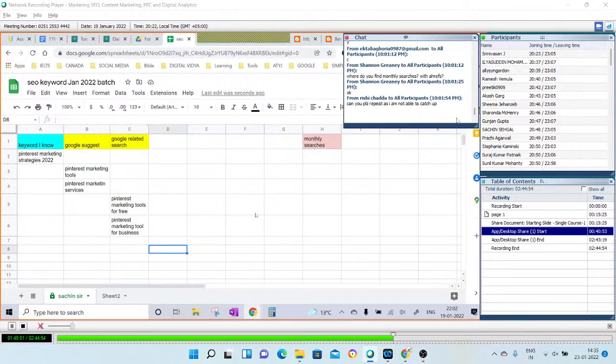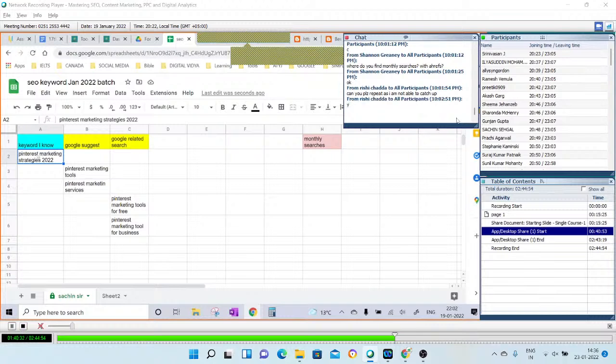What you have to do here, or what as an SEO you generally do: you have an idea that you'll be making a page around this, or around data analytics, or the travel industry or fashion industry. You have a vague idea or a macro idea in your mind. So you write this keyword, that okay, I know this keyword on which I'll be making a page or a post. Okay, this is clear, Rishi? Till here, this is clear. What you know is what you will be making on your site.